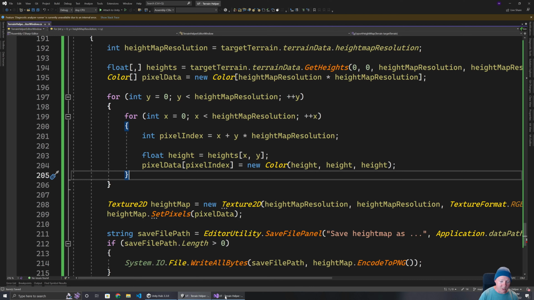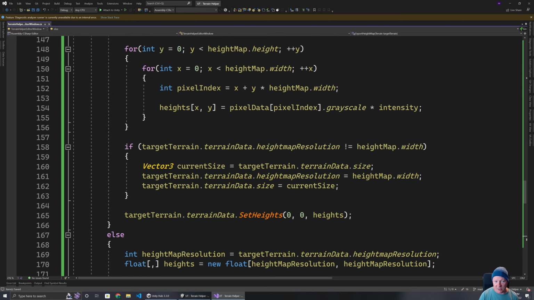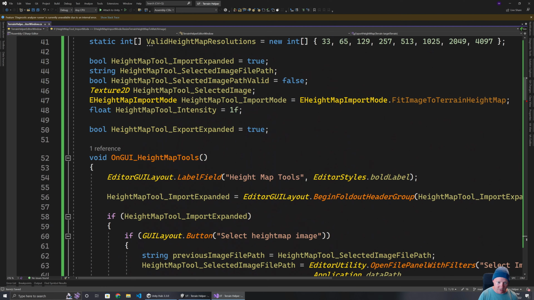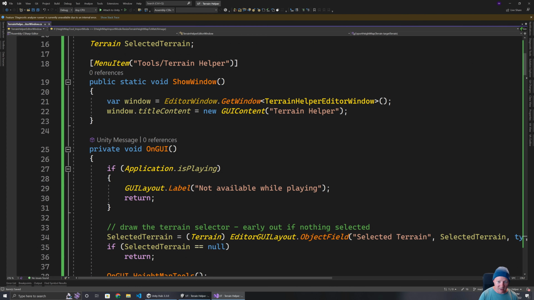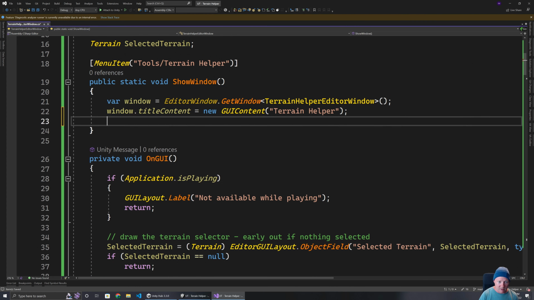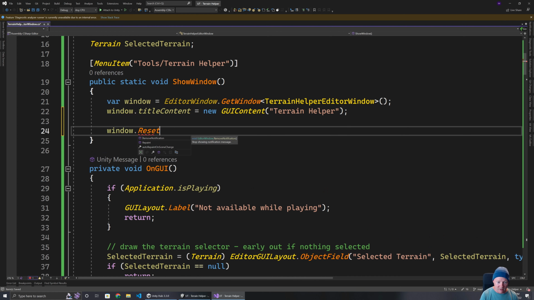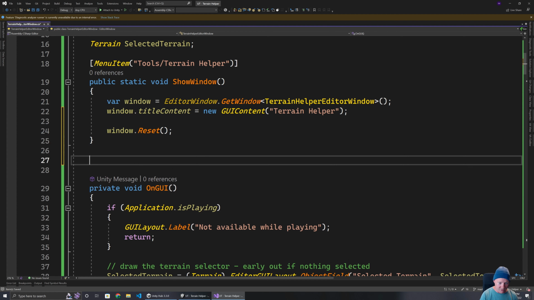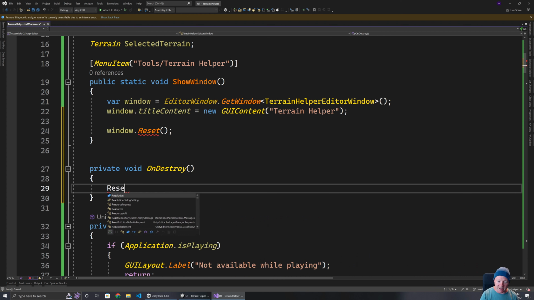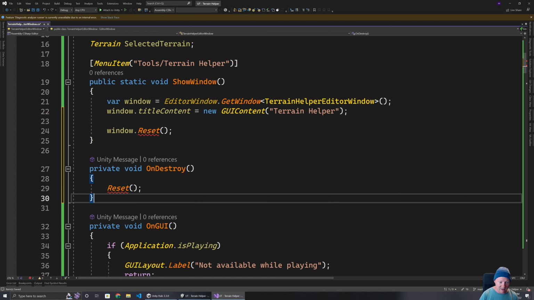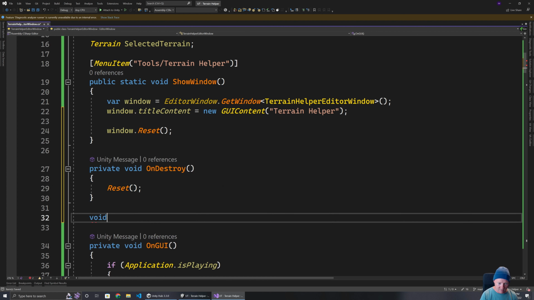So the final thing we want to do is just a little bit of improvements for our setup here. And one of the things we want to do is when we go and show the window, I want to just be able to go window reset. And when it gets destroyed, I want to make sure we reset everything as well. And our reset function,